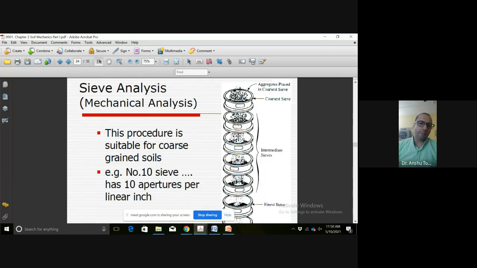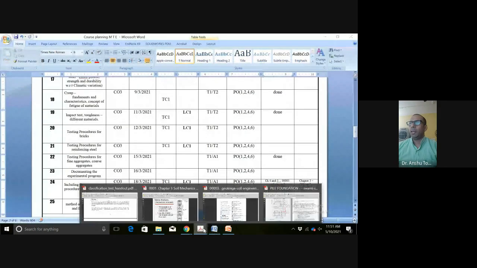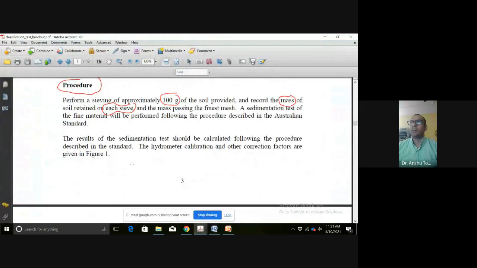आप रिटेन होने वाले का आप मास ले सकते हो और मास लेने के बाद उसको वापस डाल सकते हो, या फिर आप उसको टोटल सैंपल के जो वेट है 100 ग्राम जो मास है उसमें से माइनस अगर कर देते हो रिटेन वाले को, तो भी जो पास हो गया है वो वैल्यू आपको मिल जाएगी. तो हर एक सीव नंबर पे कितना रिटेन हुआ और कौन सा पास हुआ, this you have to document very critically, and the same is going to be documented into your tabular chart.